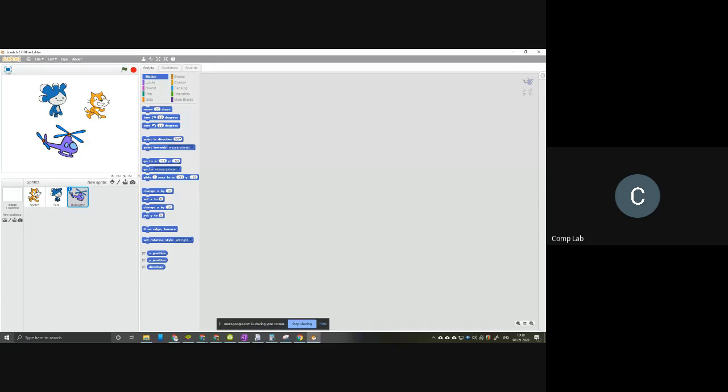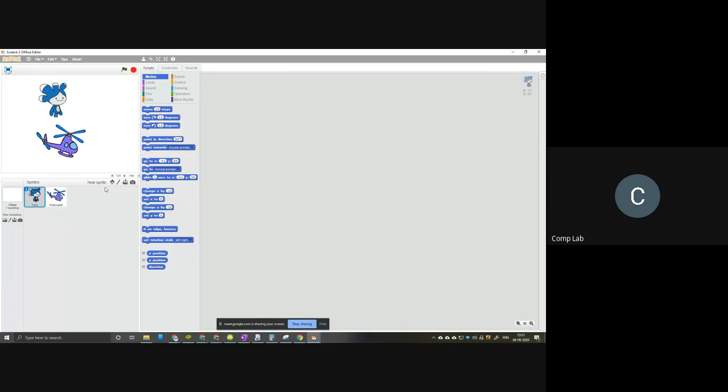Okay. So if you want to remove the sprite, all you need to do is to right click on the sprite from the sprite list. Here we have 3 sprites. Let's say I don't want the cat sprite anymore. So I'm going to click on the cat sprite. If I do that, I'm getting a blue grid around the cat sprite. Then if I right click on it, I can see there is a button called delete. If you press this delete button, then this sprite will get deleted. So let me demonstrate. Now I'm going to say delete. So now you can see the cat sprite disappeared. It's now deleted from the stage.